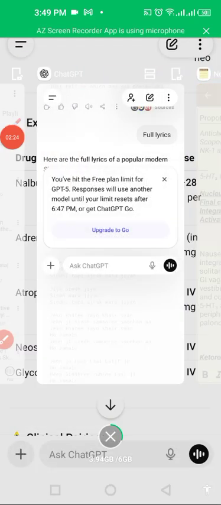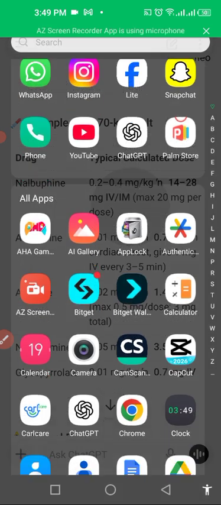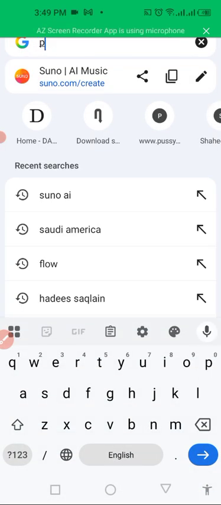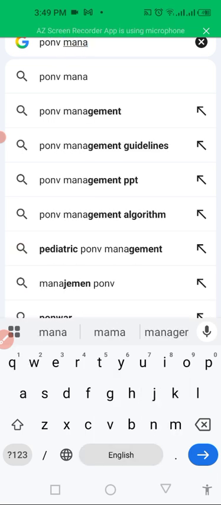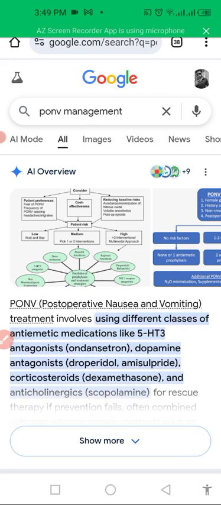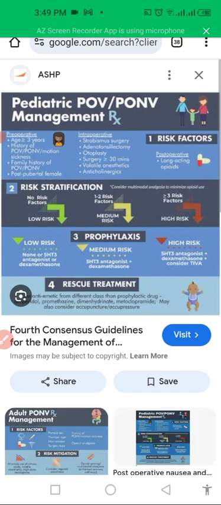So let me show you some of the PONV management methods. Okay, here is PONV management. As you can see in this image,